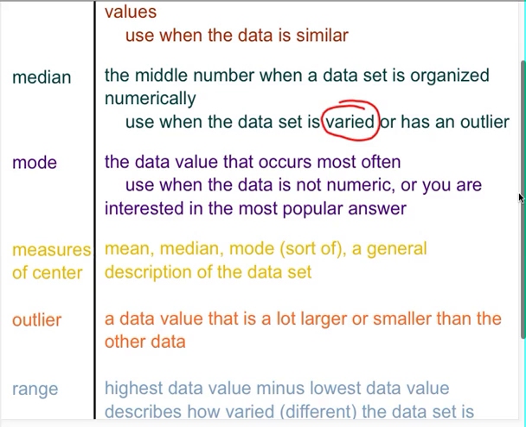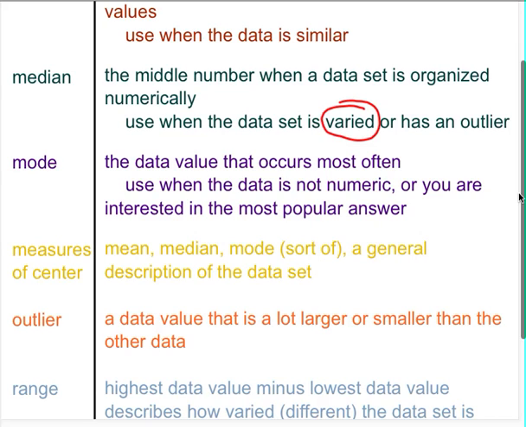The mode is sometimes classified as a measure of center. That's our next vocab word. But it's really not necessarily a measure of center. It's just the number that occurs most often. So you'll use this for two reasons. One, if the data isn't numeric and you can't calculate a mean or a median, or you're just interested in the most popular answer. So measures of center, mean, median, mode sometimes, they describe in general what the data set